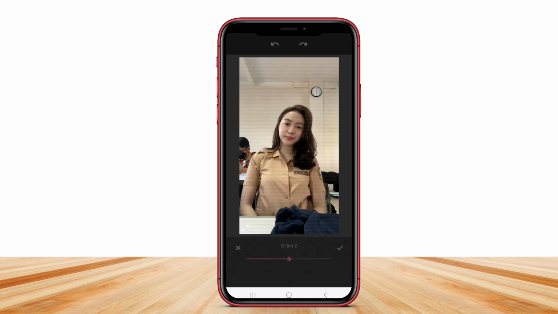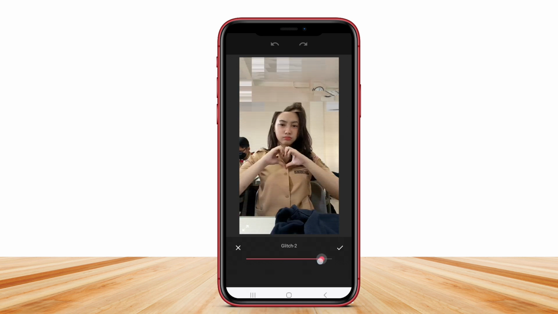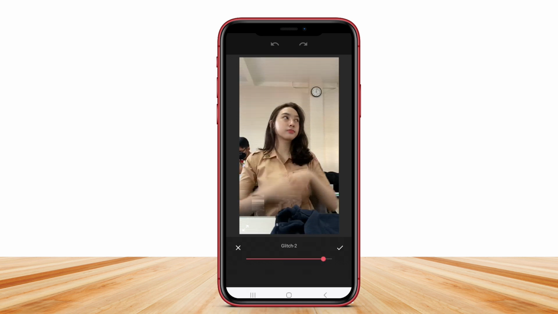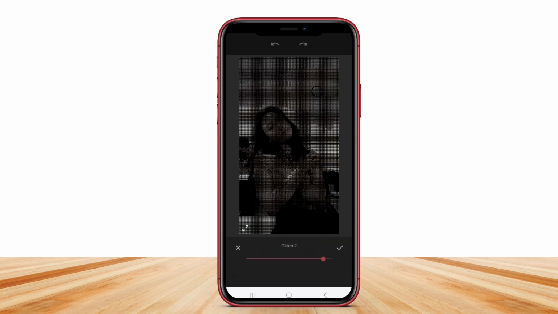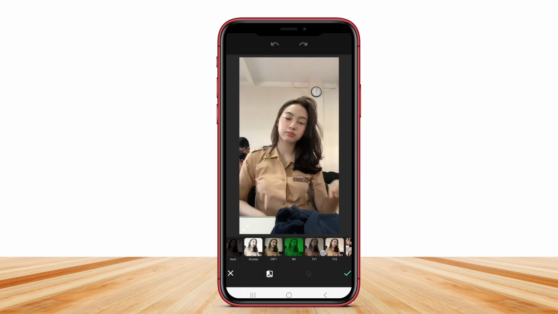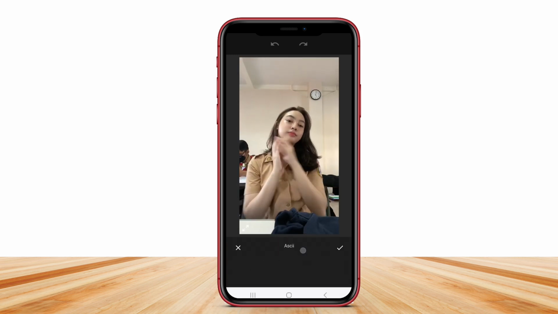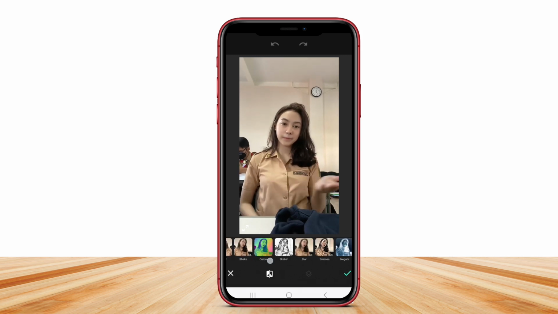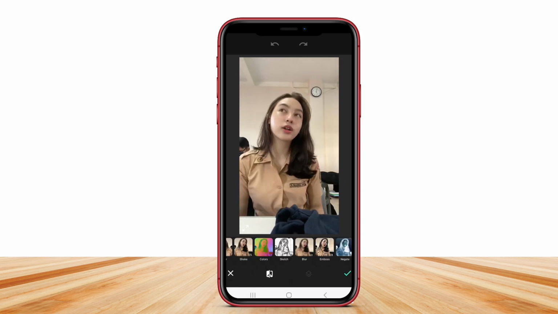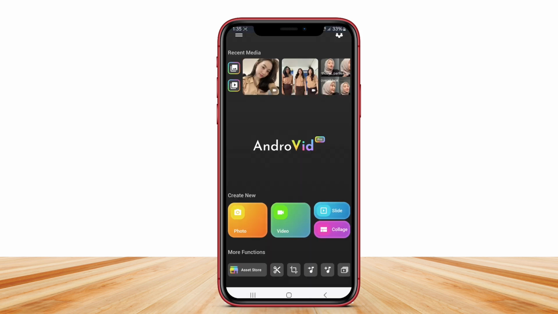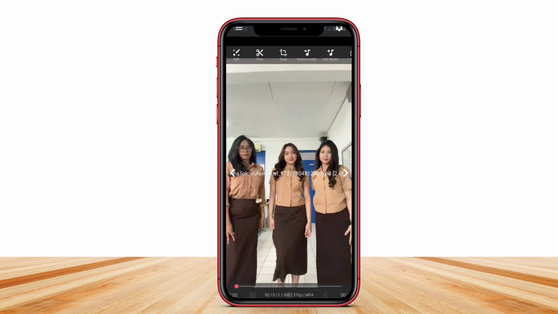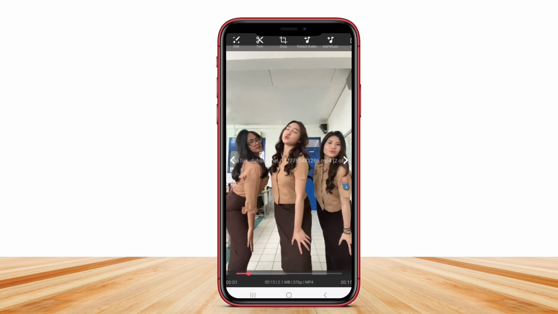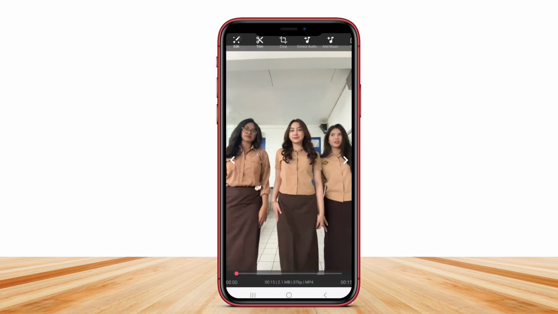The app supports a wide range of video formats and allows users to add music, text, and transitions to their videos. Additionally, it includes features like adjusting video speed, adding voiceovers, and incorporating images. With its intuitive design and robust functionality, this video editor is perfect for anyone looking to produce high-quality videos directly